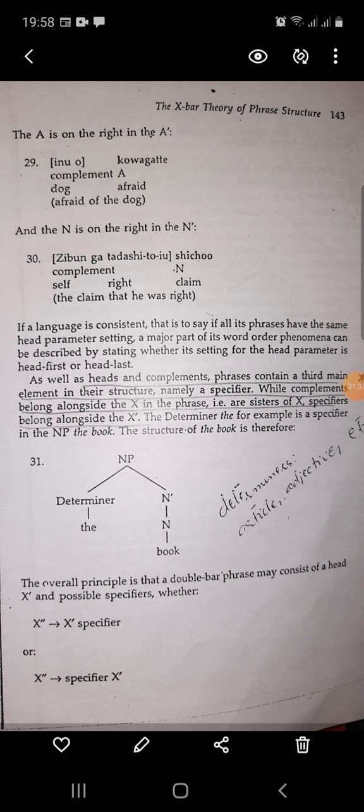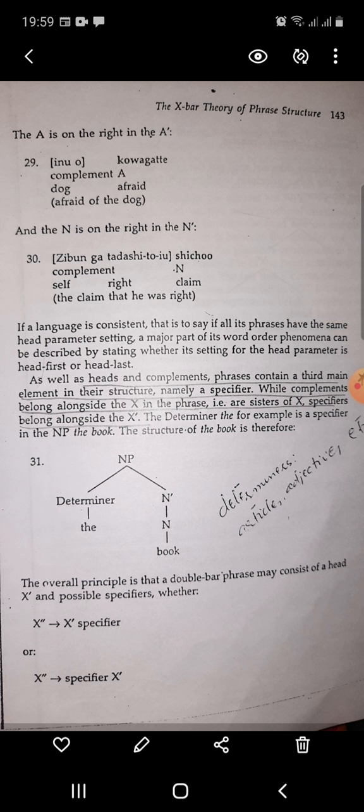Okay, so I was telling you that determiners are actually taken as determiners. When a noun phrase is serving in the place of a subject only, whether a simple subject or a complete subject in a sentence, then Noam Chomsky is not going to take it in the form of a head-first or head-last language. Whenever he talks about a noun phrase, actually it is the compound noun phrase he wants to talk about when he refers to a head-first or head-last language.